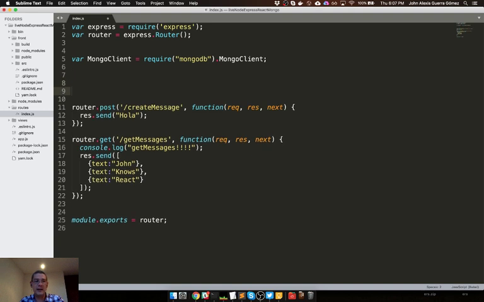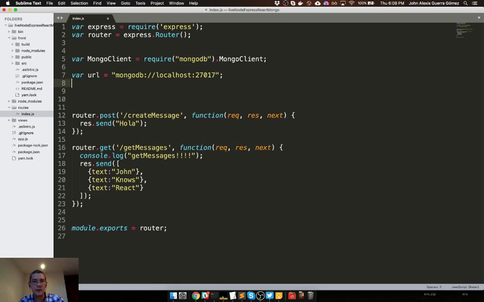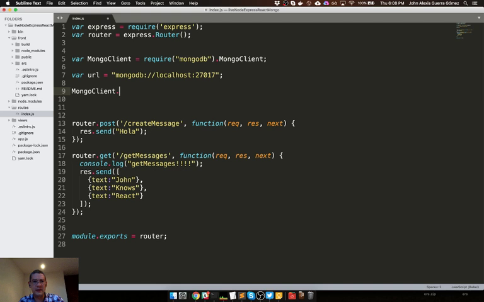So the next thing is that you can create a URL, which is usually something like this that says mongodb, which is like an HTTP but for the Mongo protocol. Then it's connecting to the localhost 27017, which is the default port for Mongo. And that means that we need to have Mongo running. So I'm going to make sure of that in a second. And then, if I'm not mistaken, I need to do something like connect to this URL. And then,